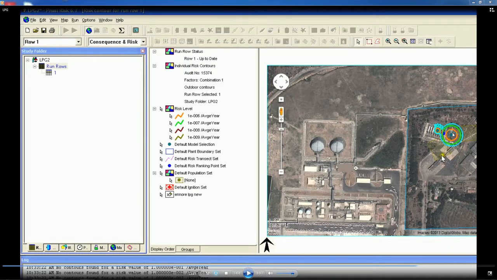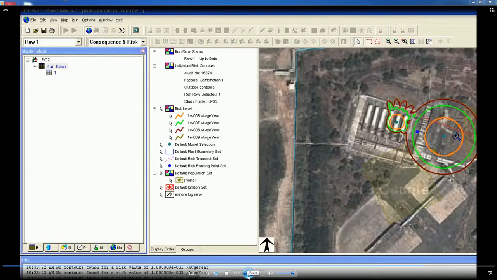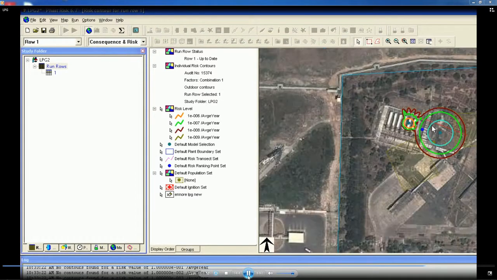Now the risk level in terms of what is the average risk available per year, in terms of risk density or contour, is plotted. For example, the orange one shows the risk level is 1 10⁻⁶ per average year and so on and so forth. So this becomes an output of the software. Then you try to magnify this and see the differences or understanding. You magnify this and show where is my source and where is my risk level, where is my risk contour, etc.